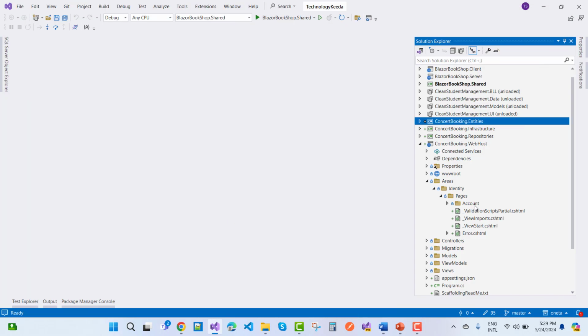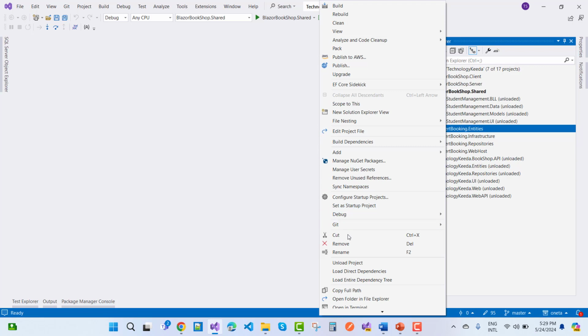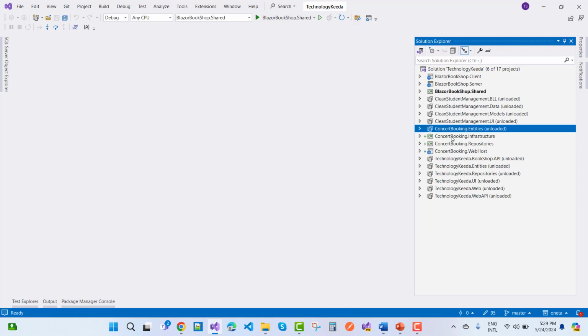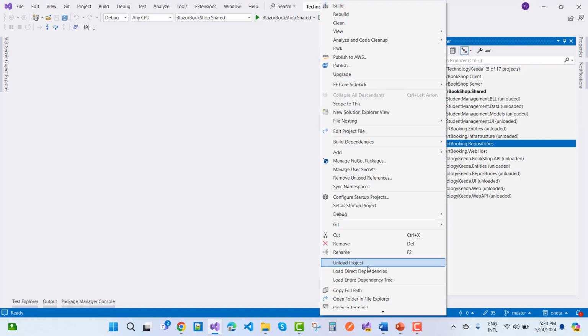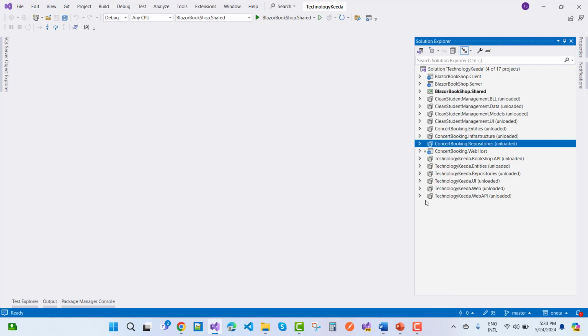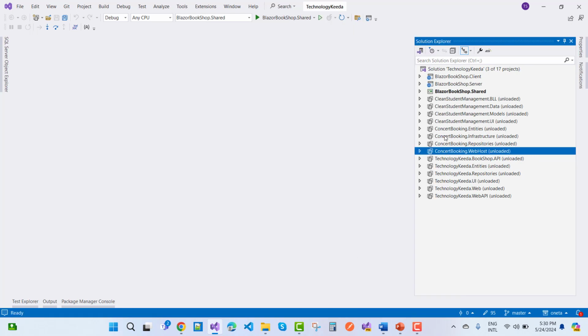Generic repository and unit of work pattern are also covered in the next project. That is the one project here, and the next project is like that. So unload project, again unload project, again unload project. So I'm giving you the complete code for this, and you just download it. Okay, and the next one is the clean